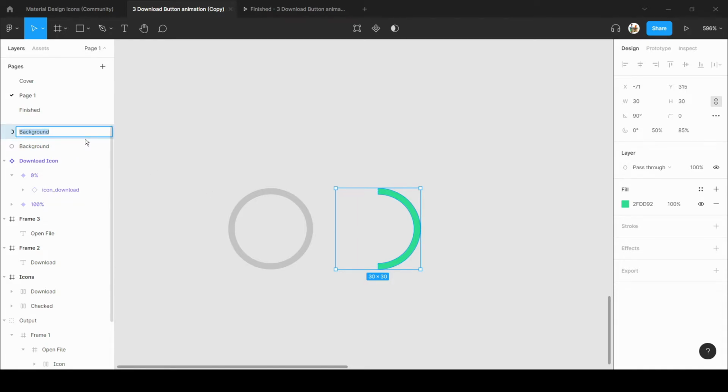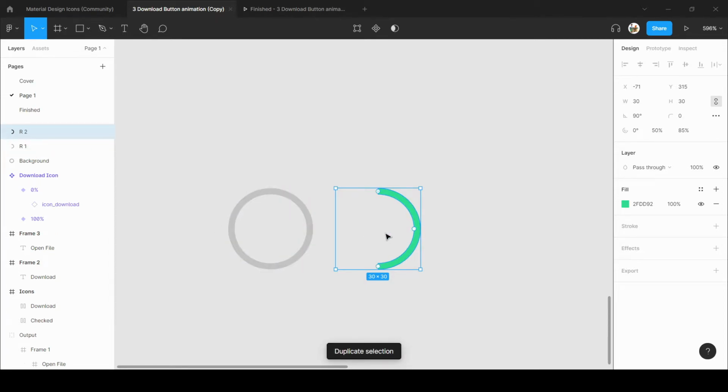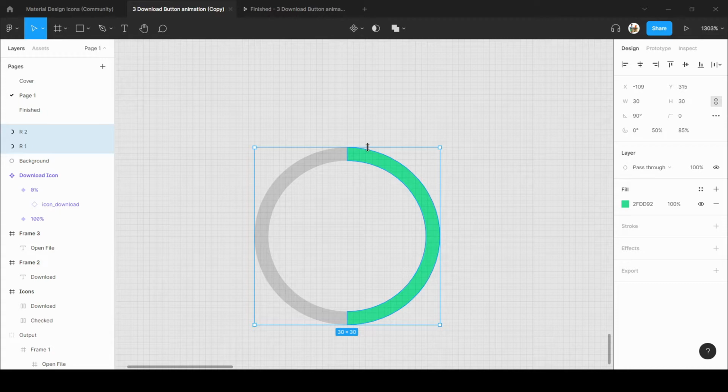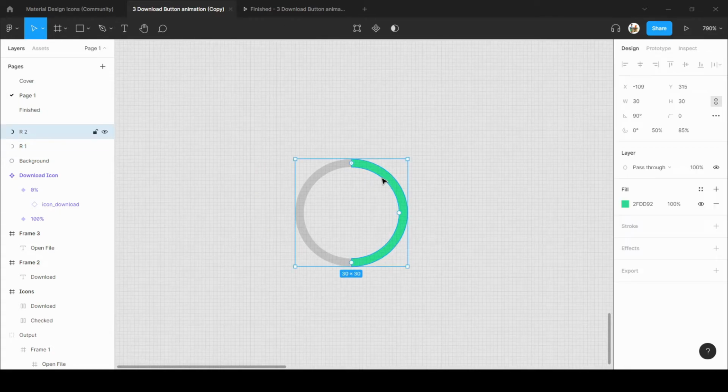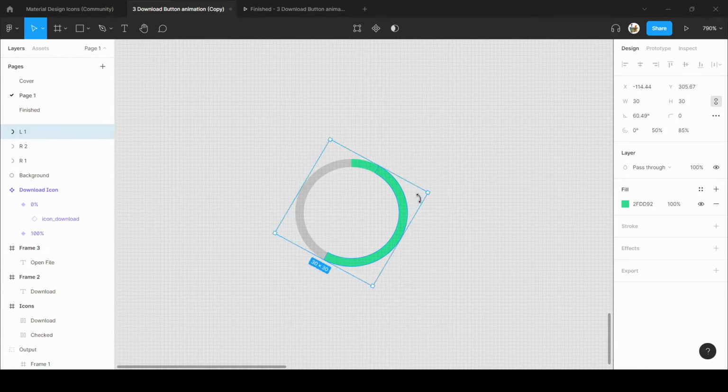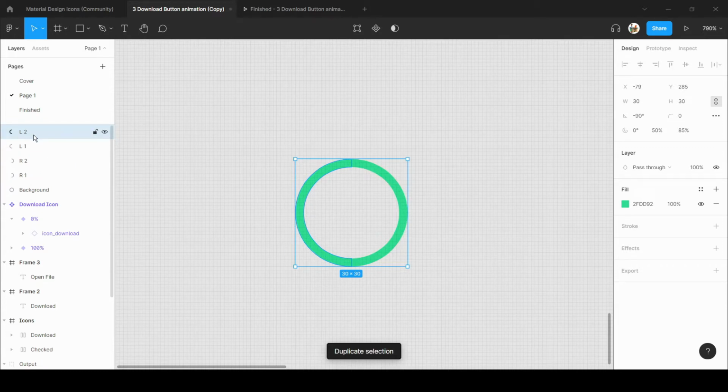Let's say this one is our R1, and just duplicate this. Now we have R1 and R2 here. So I will grab them here and put them exactly on the background. So I have selected R2 and duplicate this like this, and let's rename it as L1, and select L1 and move like this and duplicate the L1, so it automatically gives the L2.